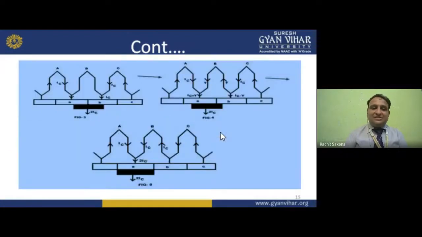Now see here, this figure number 3. Now IC is here, it is entering, now it is leaving. So we are getting empty. Now in this we are having no current. But now see here, again we have the IC. So we can write IC plus IC in the same direction. Now A is increasing but B is decreasing. So again we are getting the same current, that is 2IC.